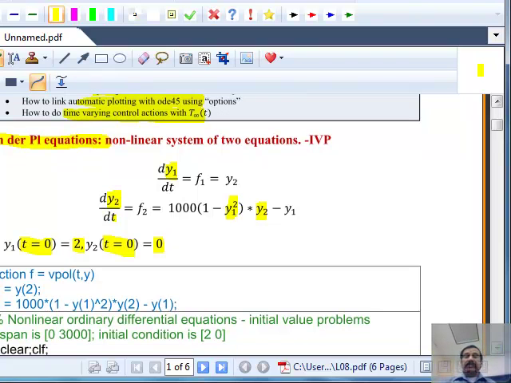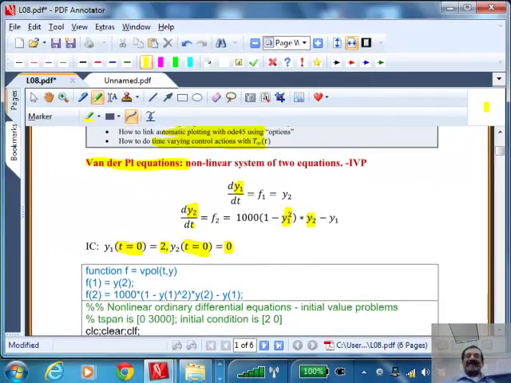So our task is to solve this differential equation, look at the solution profile and see what would happen. Let me ask you, if I give you this equation and say, go and find me a steady state solution for this, what will you do? If I give these two equations to you in an exam, what approach would you use to find the steady state solution? At steady state, what do you know? Things don't change with time, right? So you would set this equal to 0, this equal to 0. That means you will set f1 equal to 0 and f2 equal to 0 at steady state.